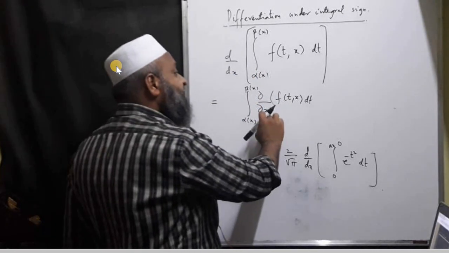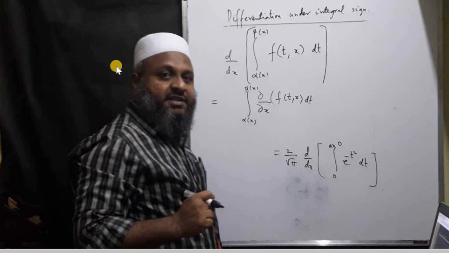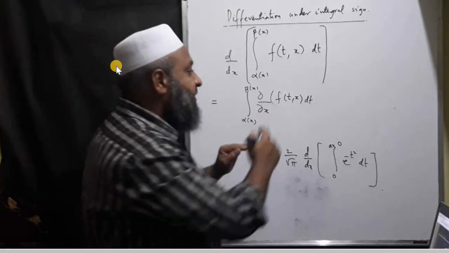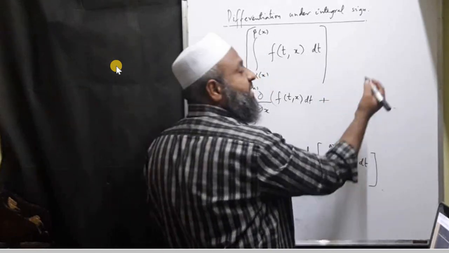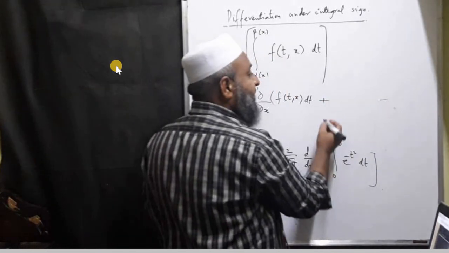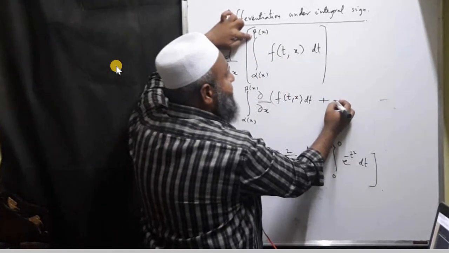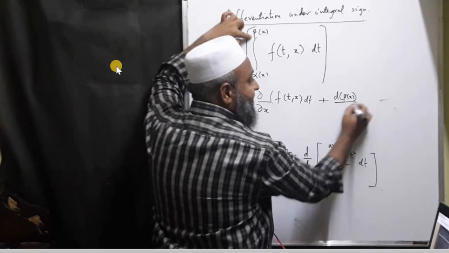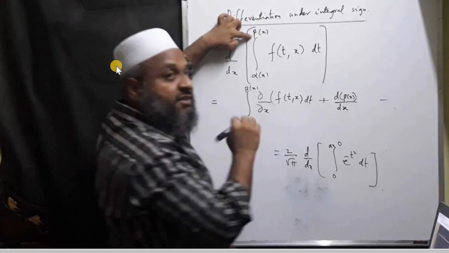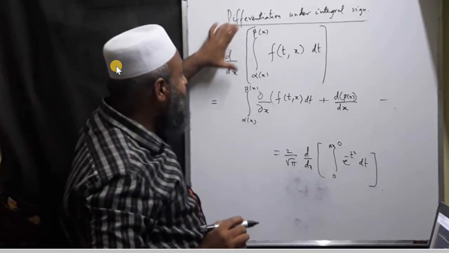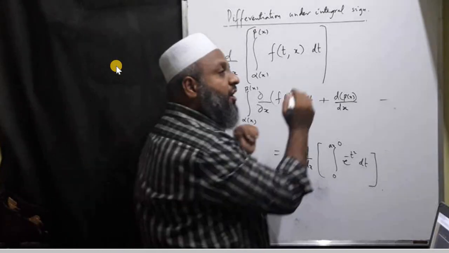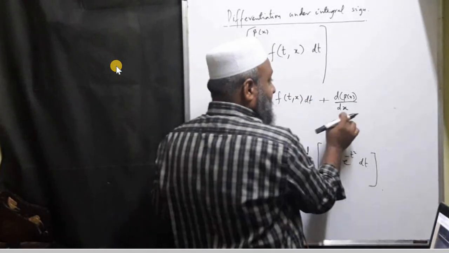This is partial differentiation and that is ordinary differentiation, so it's not going to match exactly. You have to add two terms, one with addition and one with subtraction. That is nothing but the upper limit, whatever is there. So you have to find the derivative of this with respect to x. Finally, you have to remember one point, that the final result should come as a function of x. Now how we get it, it's only about how to remember.